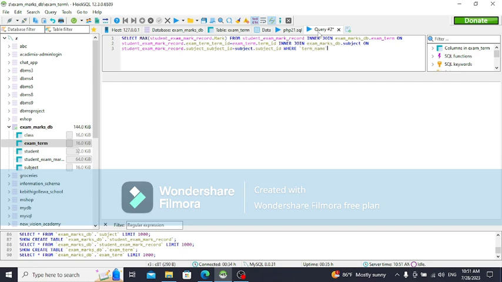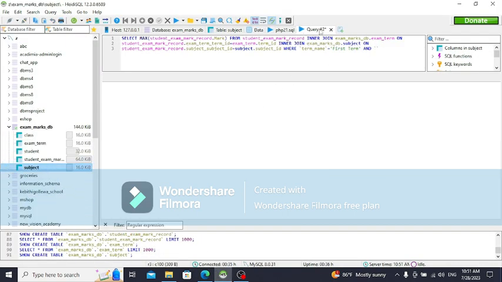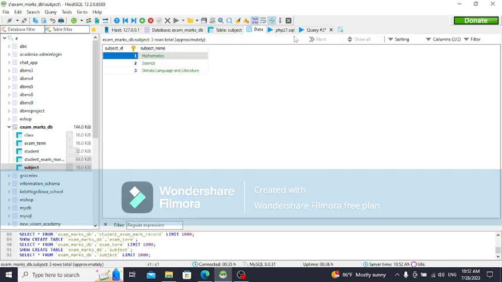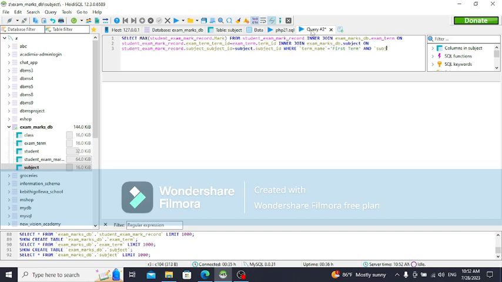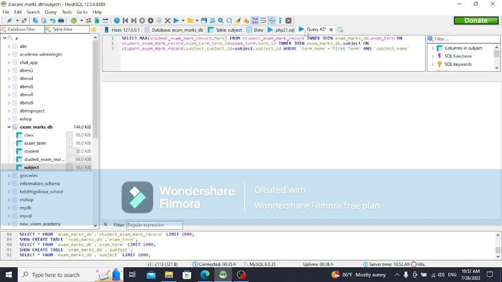So I'm going to write down the column name here, term name, and then I'm going to put the other column name, so the subject name should be mathematics. Subject name, right, that is equal to